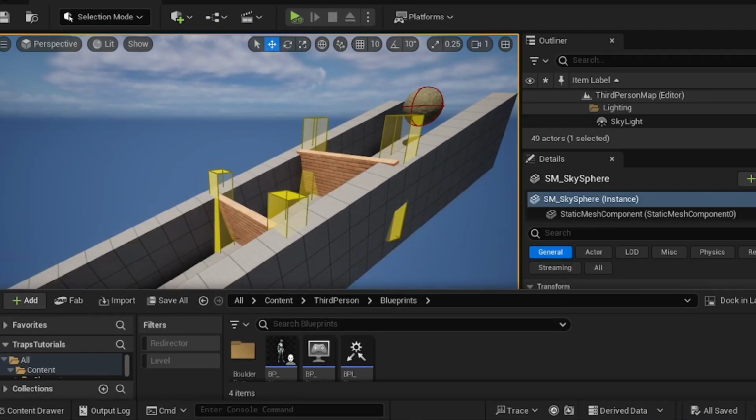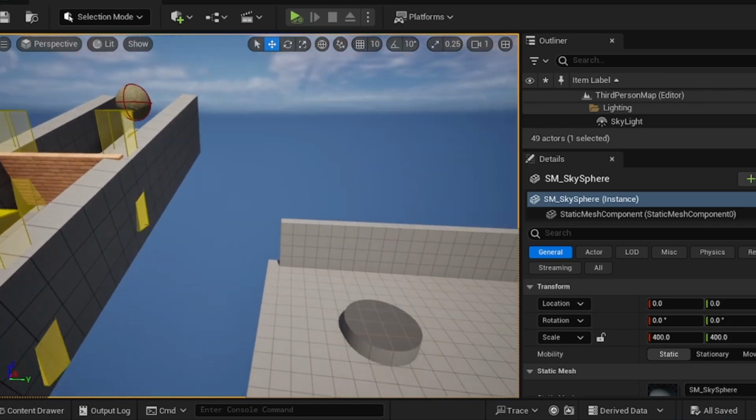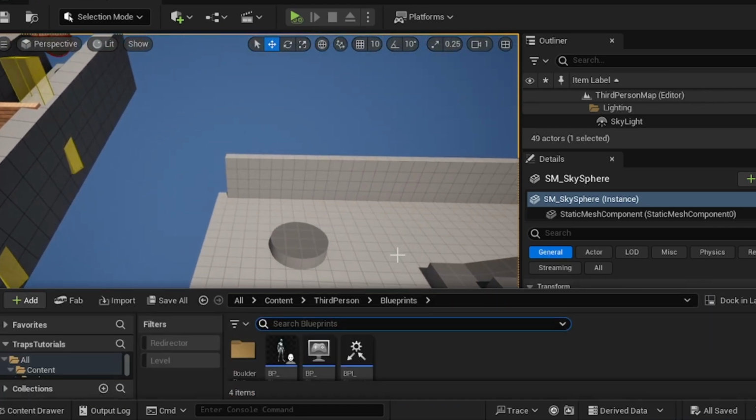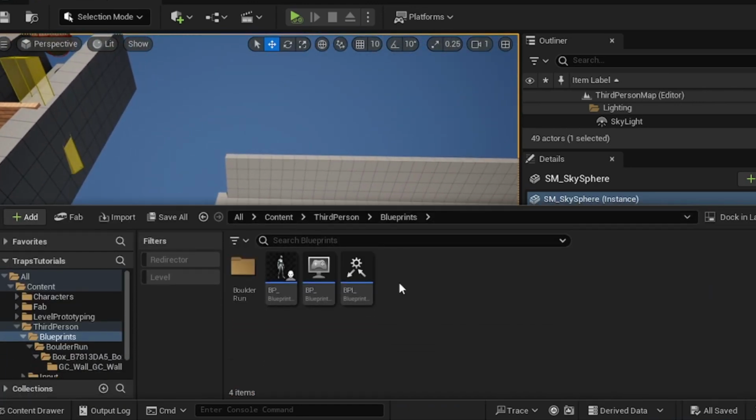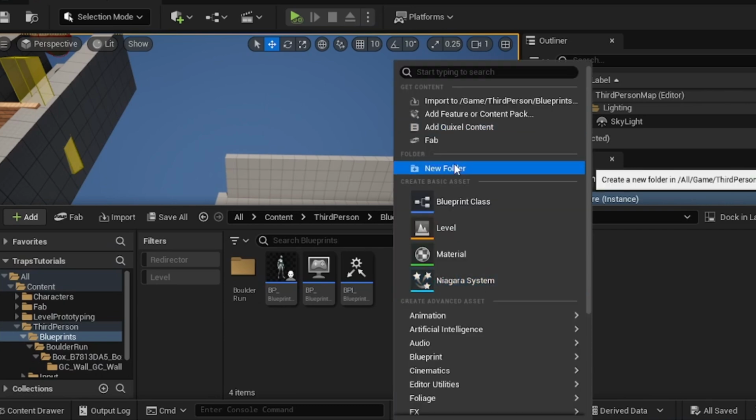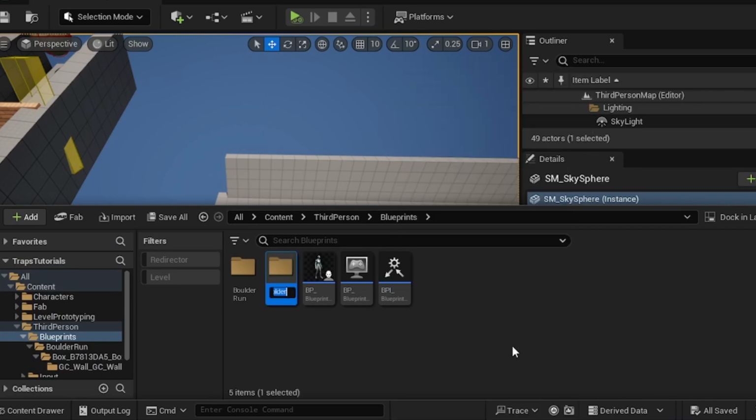Let's get into it. So previously we left off, we had our boulder run project just there, so we're just going to dive straight into this new one. If you right click, we're going to create a new folder. We're going to call it crumbling bridge or collapsing bridge, whichever you want to call it. We're going to open up that folder,